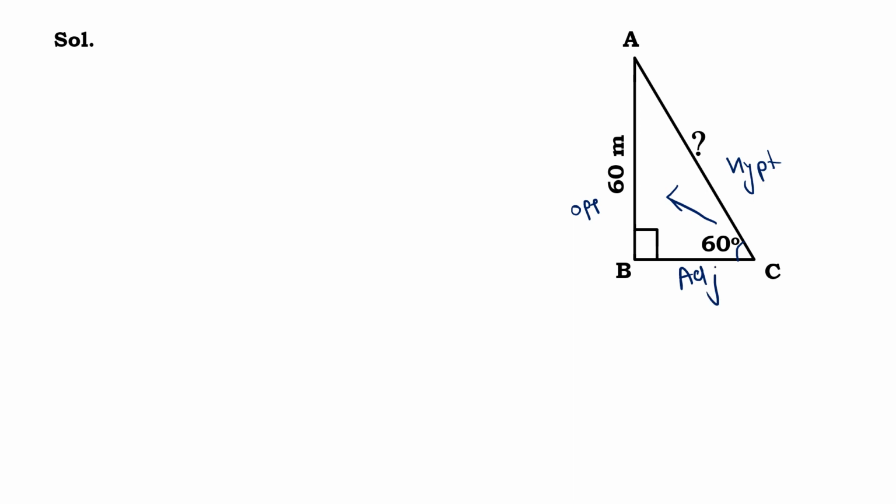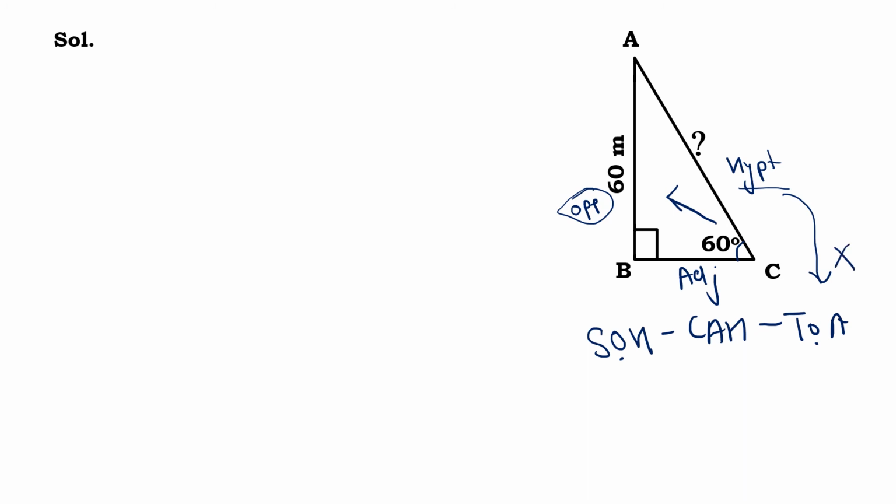So again, SOH CAH TOA once again. Out of this, which value do we have? We have the value of opposite, right? So opposite is in which ratios? We have tan with opposite, and we have sine with opposite. Okay. So which side do we need to find out? We need to find out AC, right? AC is which side? It's the hypotenuse. Does hypotenuse come in tan theta? No, it does not. So which will we use? We'll use sine theta.